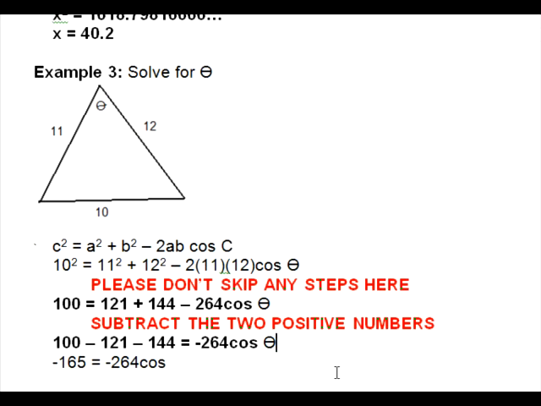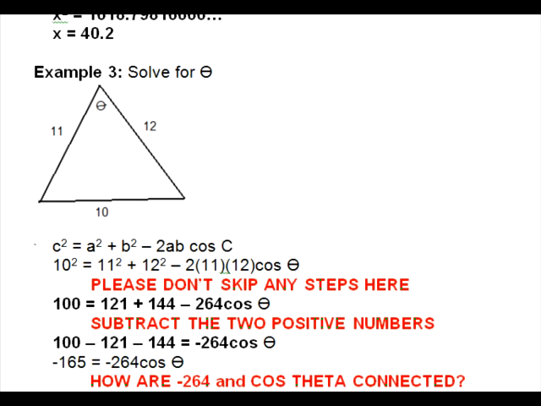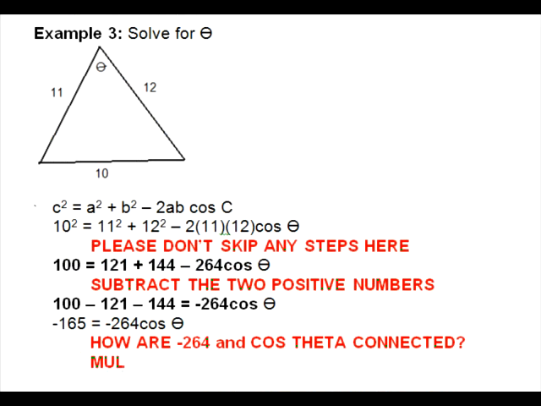Now there's a trick to this question. I'm going to write this in red, I think. I feel like I'm yelling when I'm writing in red, so I'm going to keep doing that. So how, I'll write in bold, how are negative 264 and cos theta connected? Well, the answer is, of course, they're multiplied. So you have to divide